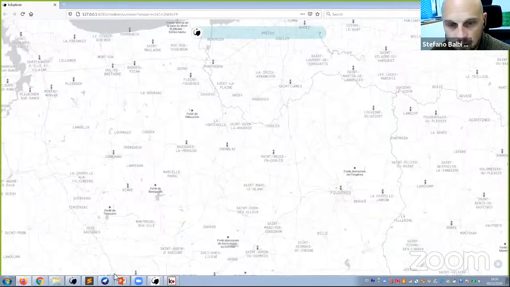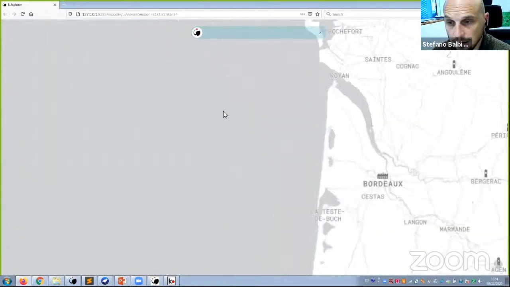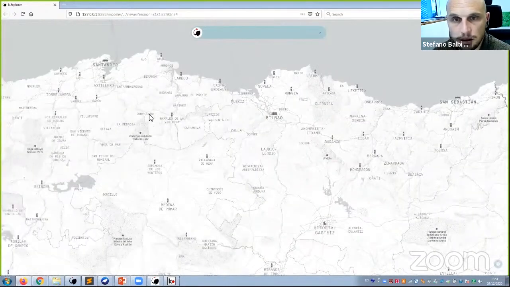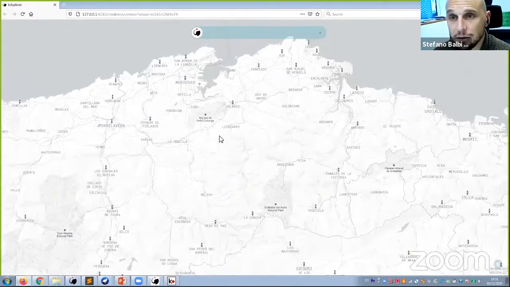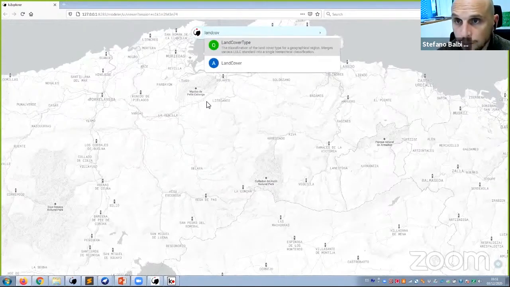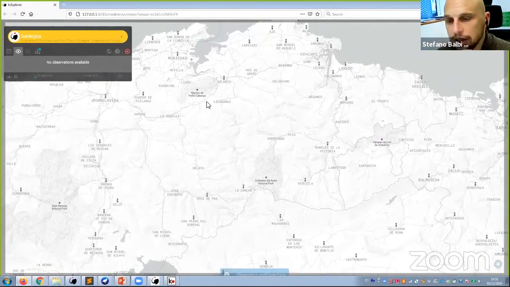So I can go, for example, to the Spanish case study and check. So this is partly the land cover of the Spanish case study, and partly not. I type land cover type here. And now we will see